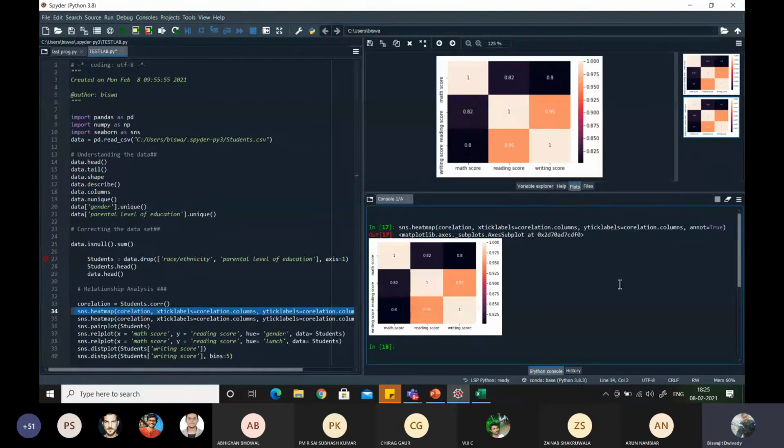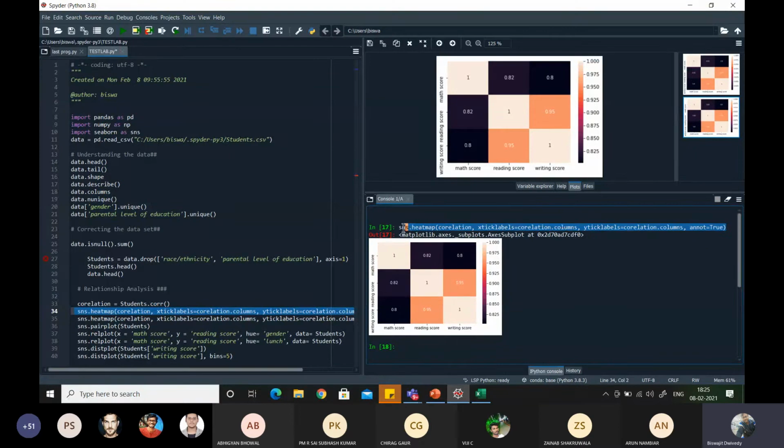Next, you can see one annotation is there. Here we are using true. If you are using true, then whatever correlation coefficient values are there are written on the plot itself. Suppose you make it false, then those will not be present.